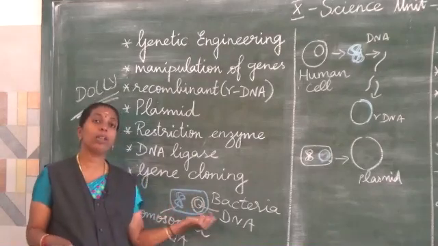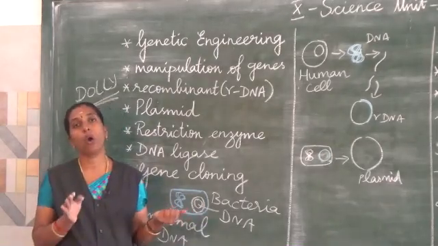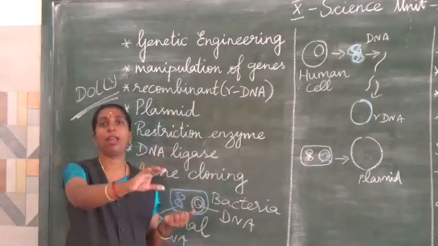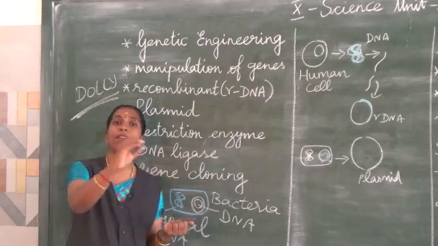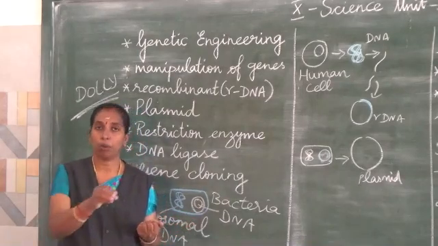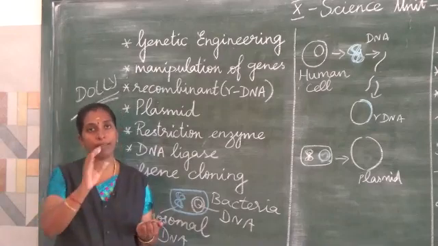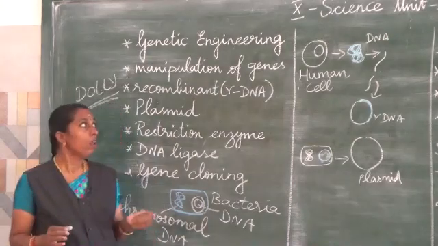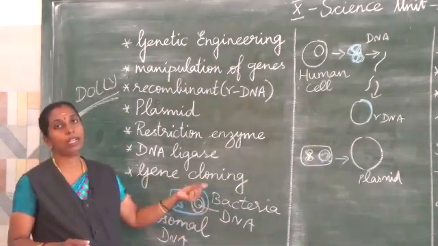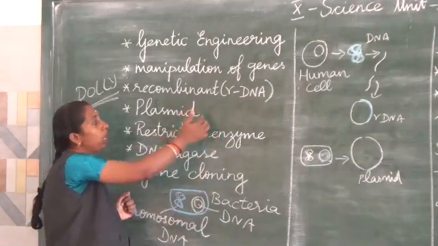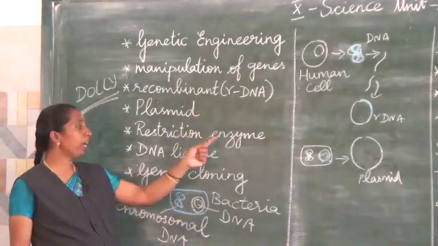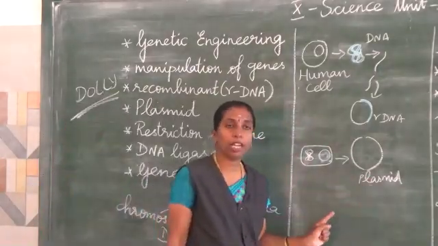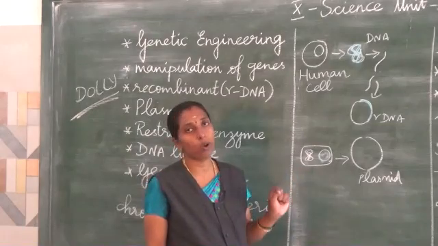An exact copy of an organism is called gene cloning. Like from one bacterium we can produce another, from one human being another human being, from one sheep exactly the same type of sheep. That is called gene cloning. Now, what are the techniques followed for this? The same things I told you: plasmid, restriction endonuclease enzyme and DNA ligase. Now we shall see with this diagrammatic representation how gene cloning takes place.